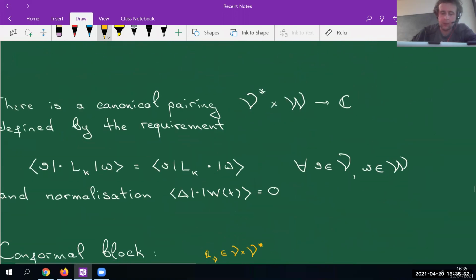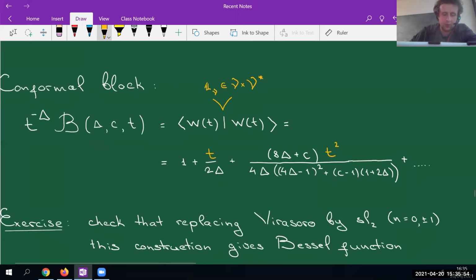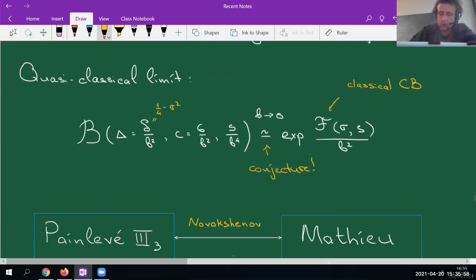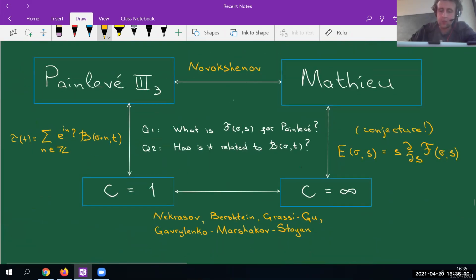Okay, so let me maybe jump over this conformal block stuff. So there is this scheme that I have already shown you before. So we have just seen an